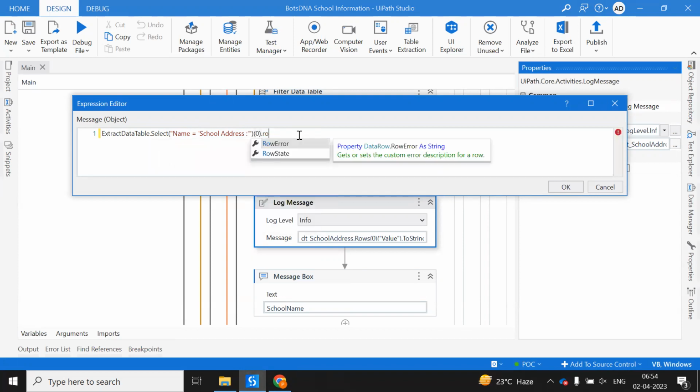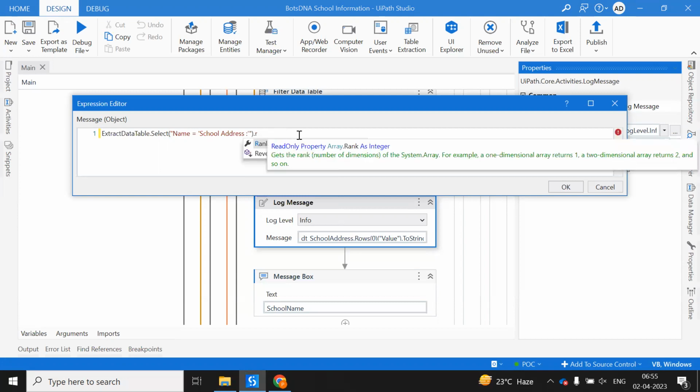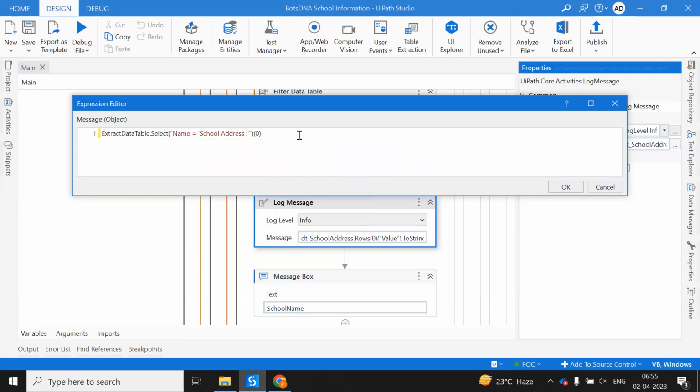And now we can have the first row item. So what this will do is this will give you the array of data rows, this select method, whereas the filter data table is directly giving you the data table, but the select method will give you the array of data rows. So we already taken the first row item because we passed it as a 0 index. Dot item of